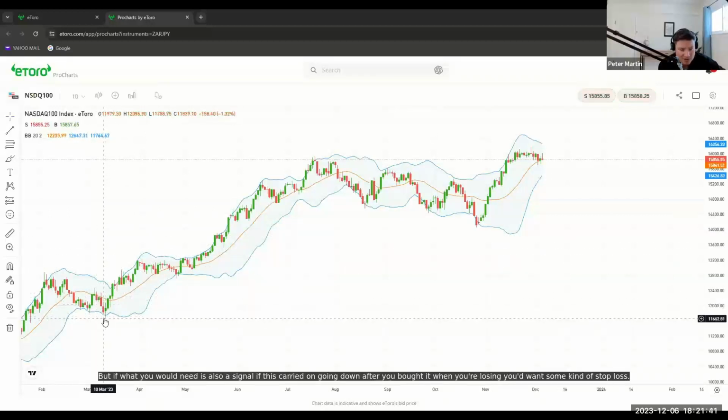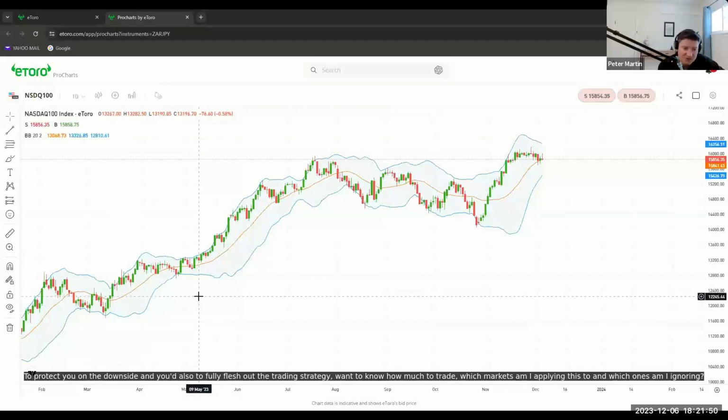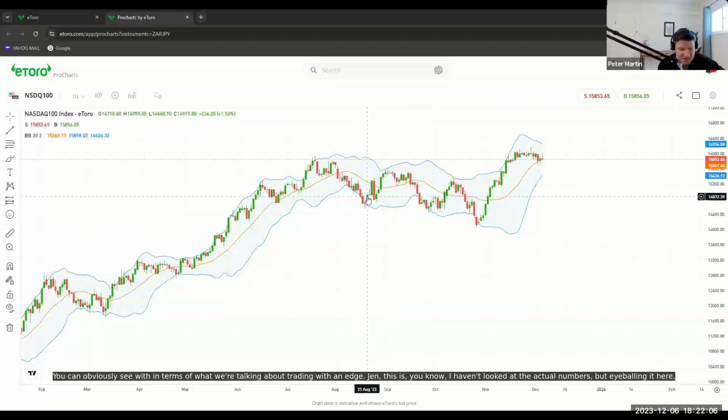But what you would need is also a signal if this carried on going down after you'd bought it. When you're losing, you'd want some kind of stop loss to protect you on the downside. And to fully flesh out the trading strategy, you'd want to know how much to trade, which markets am I applying this to, and which ones am I ignoring. You can obviously see, in terms of what we're talking about, trading with an edge. I haven't looked at the actual numbers, but eyeballing it here, we can see the old Bollinger Bands do a very nice job on this market of picking, if you look at this position in late October, it breaks below the lower band, gives you a buy signal, and then the market does rally